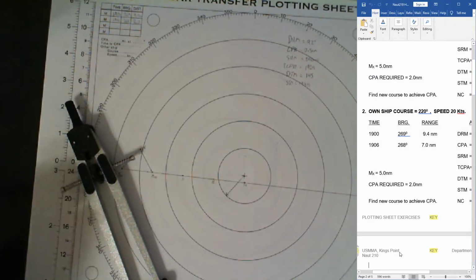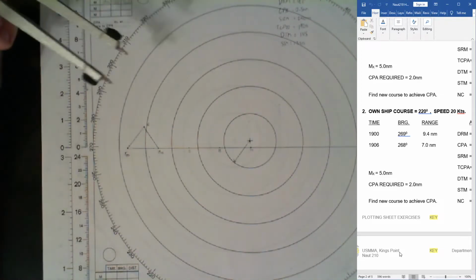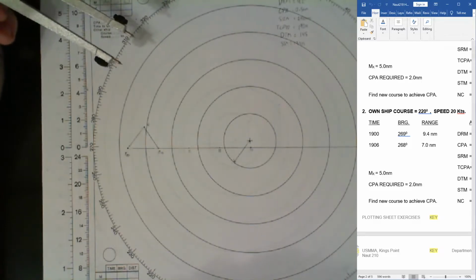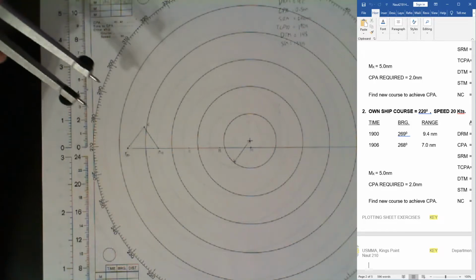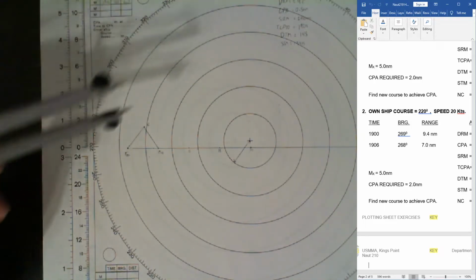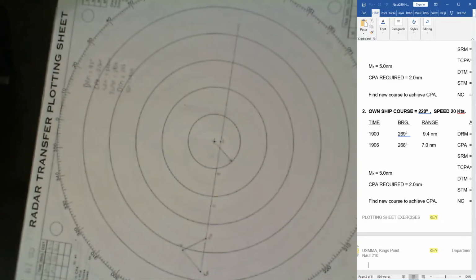Now the last part is our new course that we need to go because of the situation we're in. Now, we need to first identify which rules of the road scenario this is. Is this an overtaking? Is this a head-on? Or is this a crossing? By rules of the road, this would be a crossing. We can envision this as